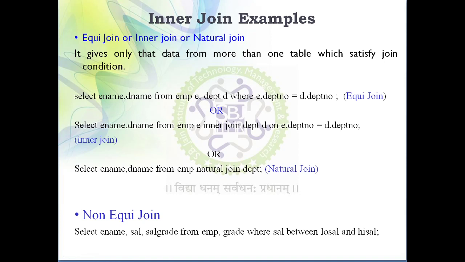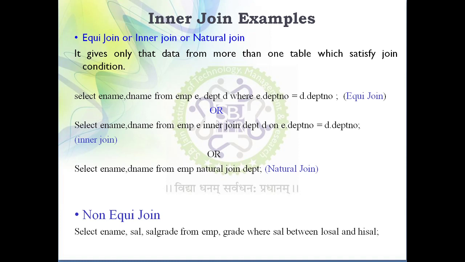Suppose I have a total of three tables. One is an employee table which displays employee information, second one is a department table which displays department information, and third table is a sal grade table. Sal grade table will represent the grading, and it consists of three columns: grade, lowest salary and highest salary. That means there is a specific range. For example, suppose the lowest salary is 800 and the highest is 1600, then